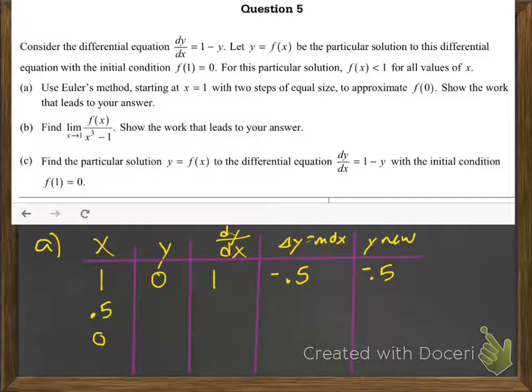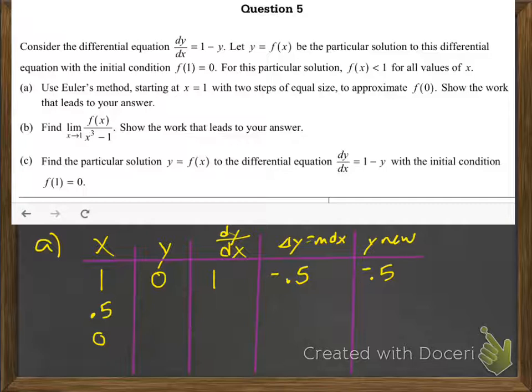But the biggest thing is you want to get your step size, and notice that you're starting at x equals 1 and f of 1 is 0. So those are the first 2 points, 1, 0. And then dy dx is what you get from plugging in 0 into the derivative, because that's what I have at my initial value, it's 1 minus y, and so I put 0 into 1 minus y,